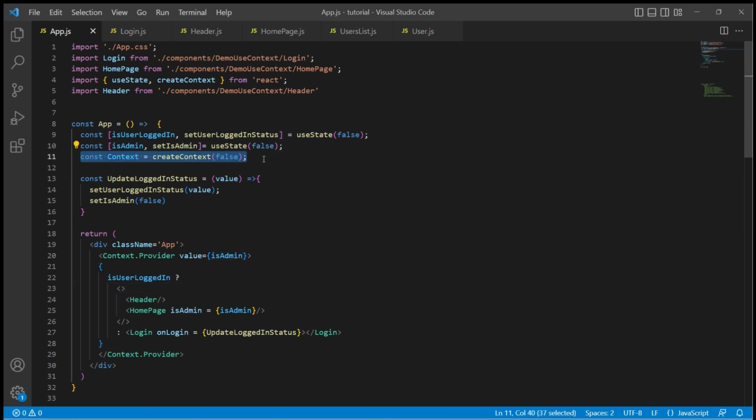So the second step is done. First, we created the context. Second, we created the provider. Now the third step is to consume this provider. Now, where do we have the requirement? It is in the